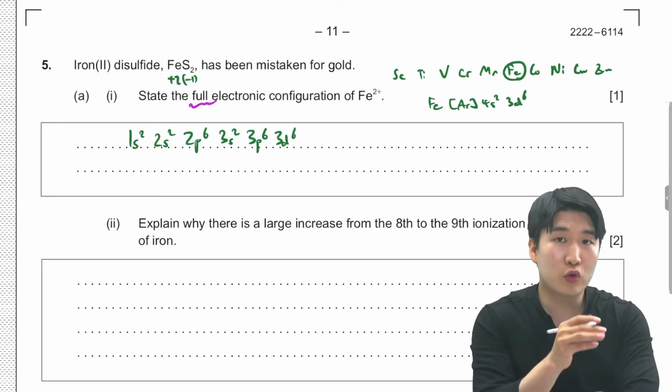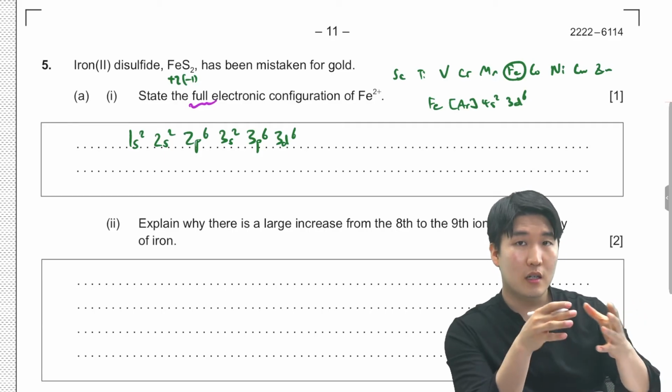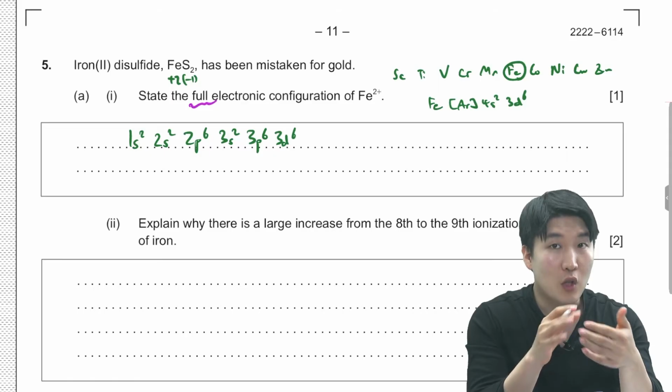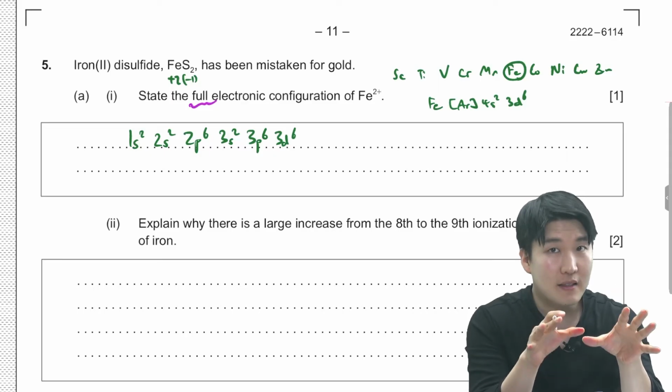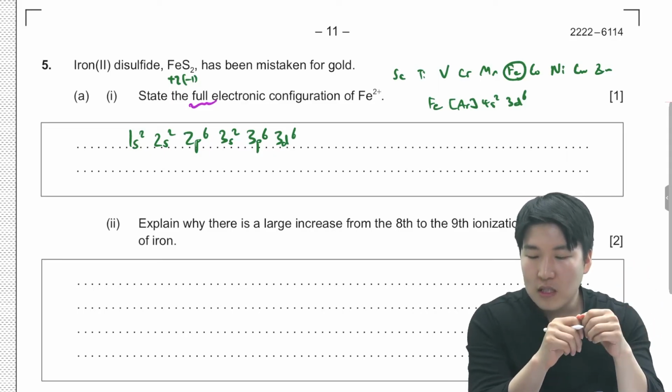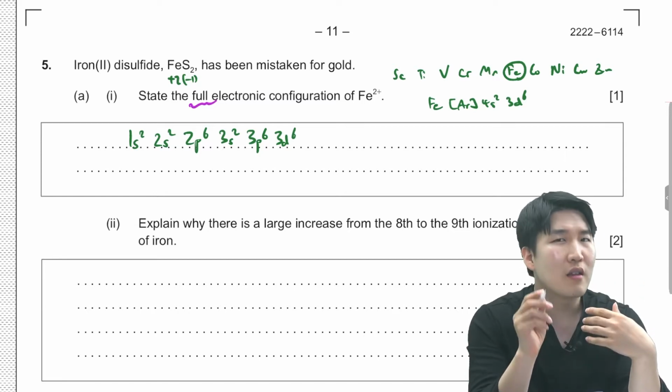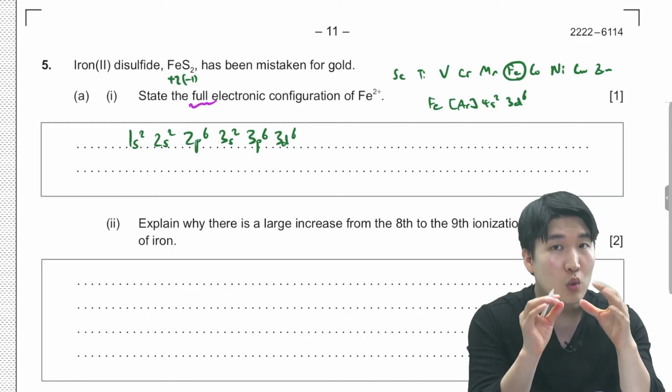Eight. We've got 2 in 4s and 6 in 3d. Now we count 3d to be in the 4th energy level, don't we? So overall there are 8 electrons in the 4th energy level, which means when we are trying to remove the 9th electron, the 9th electron will be from the